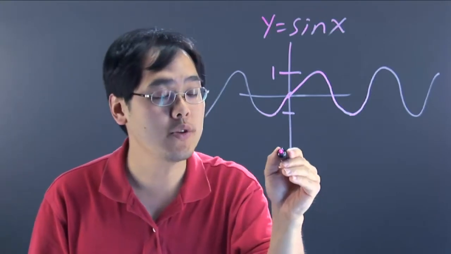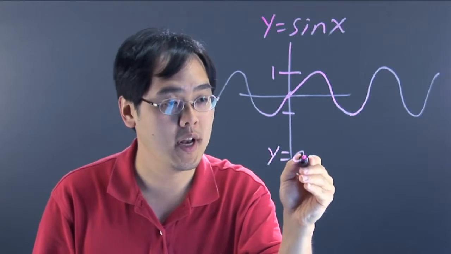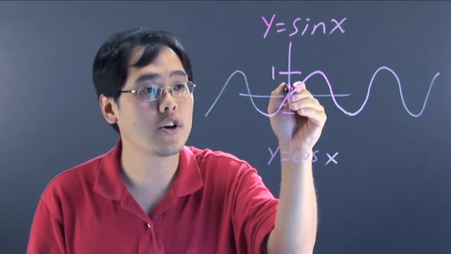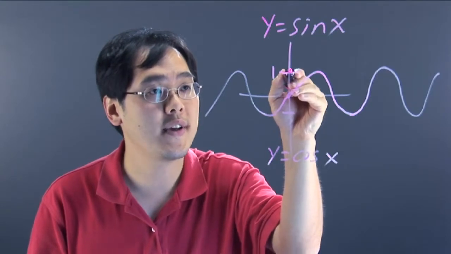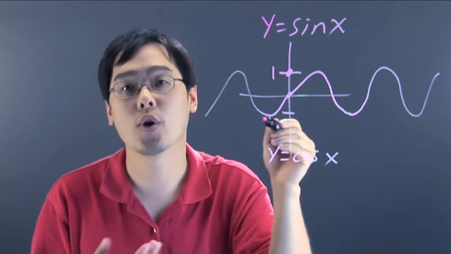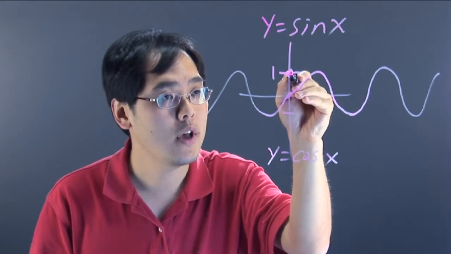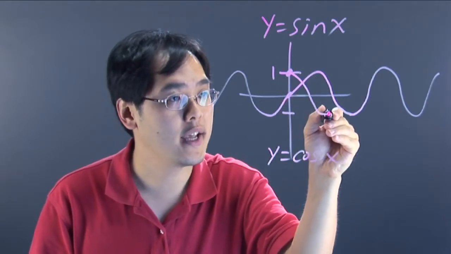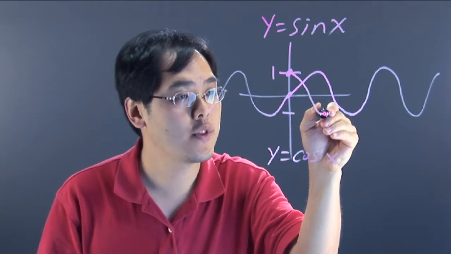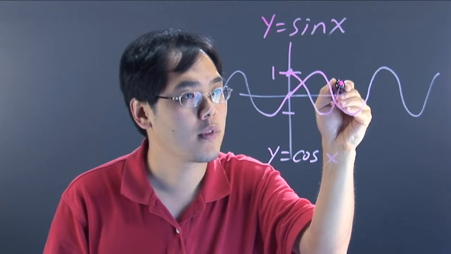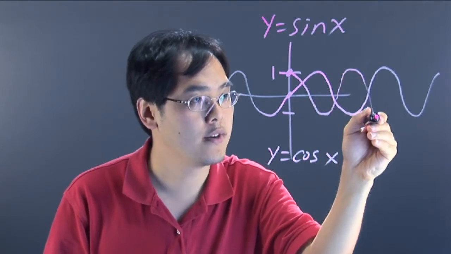Now, where the cosine graph comes in, and I'm going to draw on the same graph so you can see what's going on, it starts off, instead of 0, 0, at 0, 1, quote unquote, as part of its base. And then from there, it works its way down. Again, it doesn't get any lower than -1, and it doesn't get any higher than 1,